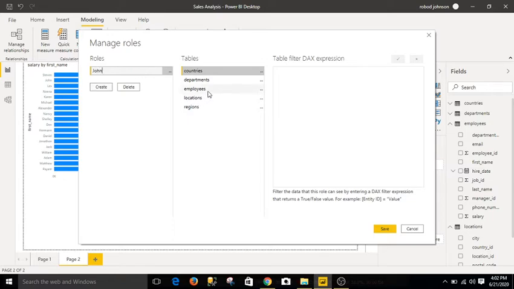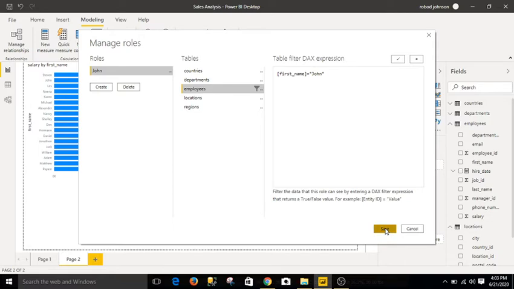Then you go to the particular table, here the employees table. The syntax will be the column name equal to the username. The column name is first_name, so first_name equal to, in double quotes, the username. John is the username.